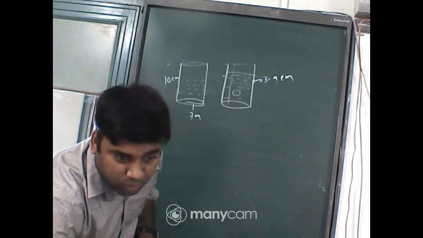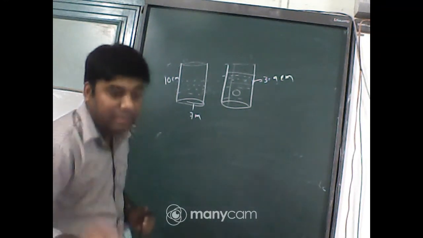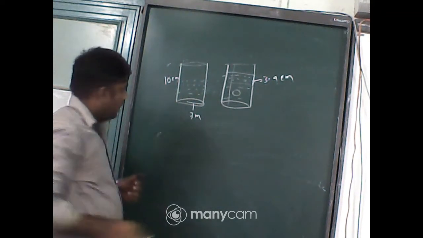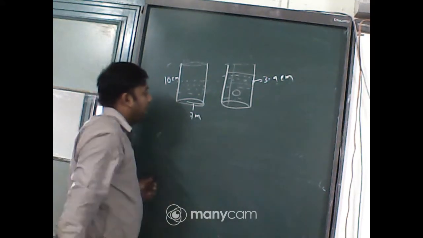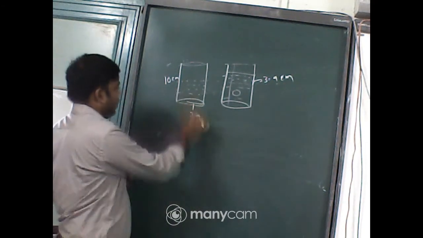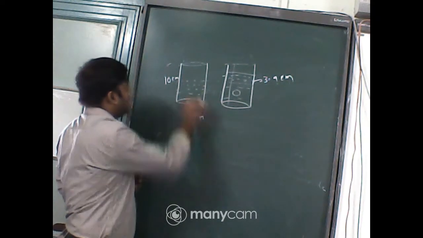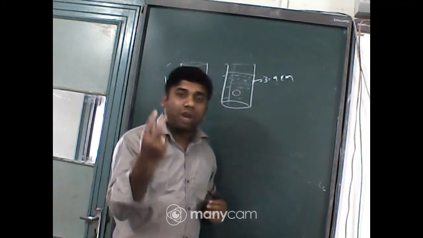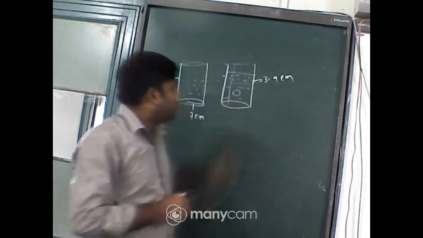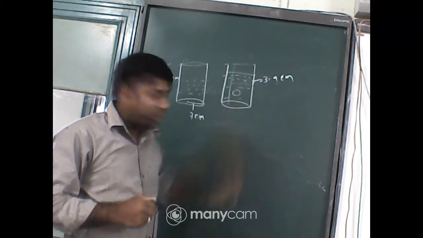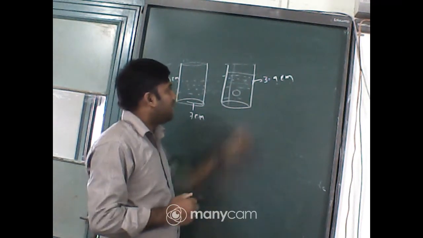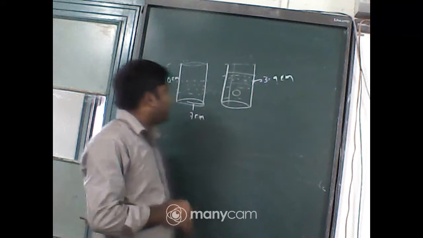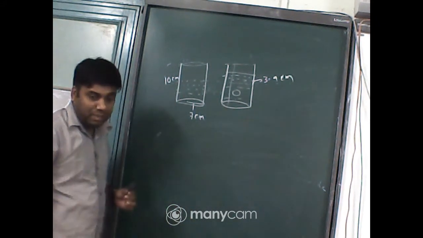Okay, so for your concern, again I am repeating the question, listen to it carefully. One container is half filled with water, whose radius is 7 centimeter, not 7 meter, 7 centimeter, and height is 10 centimeter. Now one sphere of unknown radius is put into it. Then after putting the sphere in that container, it is seen that the water level rises 3.4 centimeter.